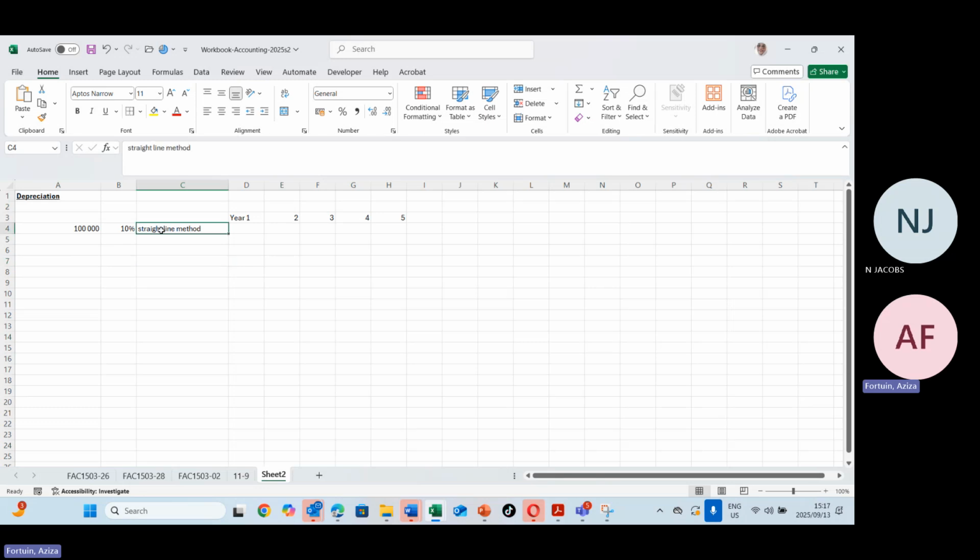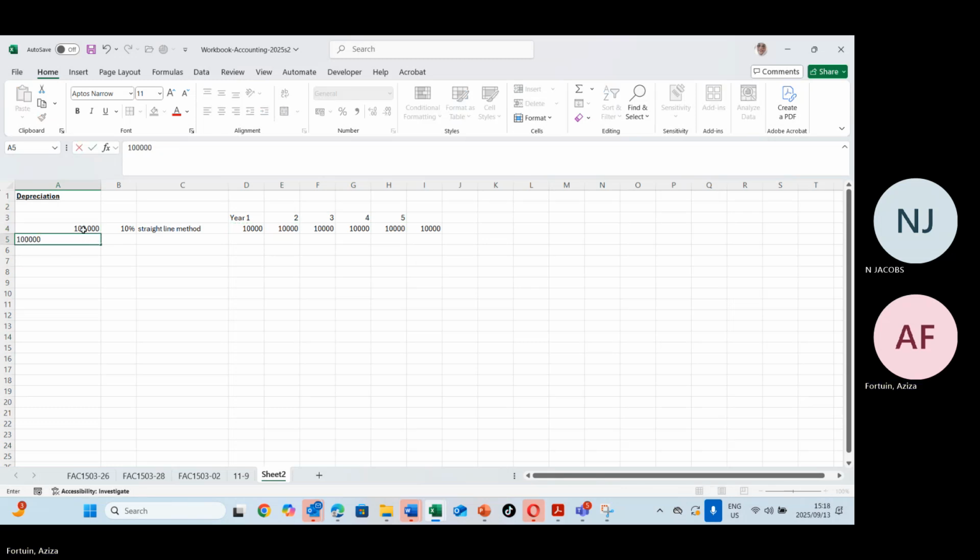Now, the thing with the straight line method is it will depreciate on the cost of the asset. So it will be 100,000 times 10%. The second year, same story. So you will do this for 5 years. That's the important thing that you must remember. It is on cost. But if I say I purchased a vehicle for 100,000 at 10%